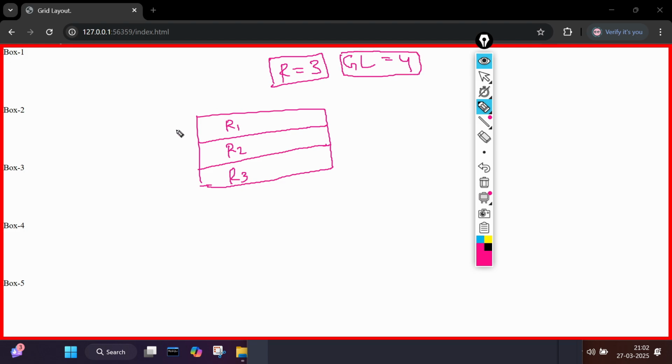How will it be 4? So see, this is your row 1, row 2 and row 3. But if I talk about grid lines, try to observe here. This is one grid line, L1. This is another grid line, L2. This is another grid line, L3. And this is another grid line, L4. So how many total grid lines are there? 4. How many rows are there? 3 rows. Okay, if I talk about columns,